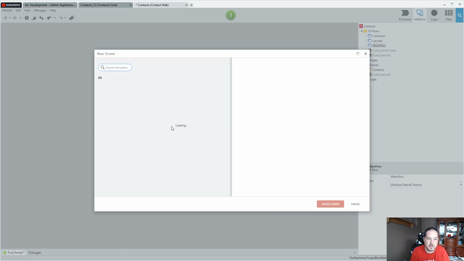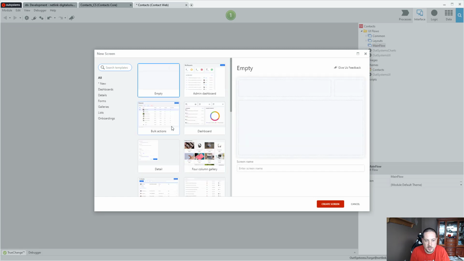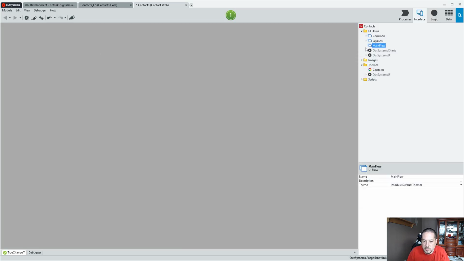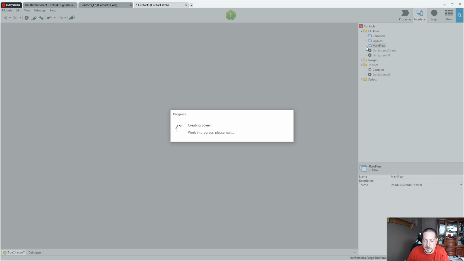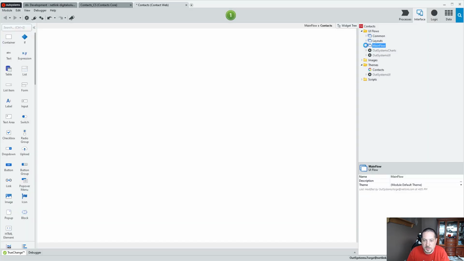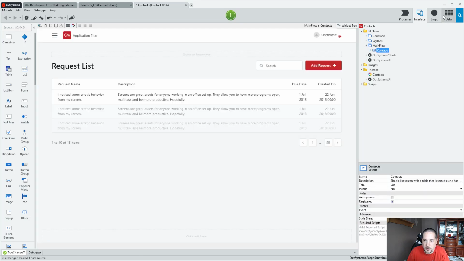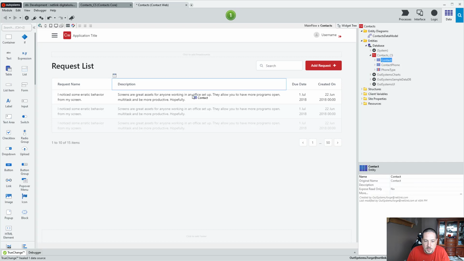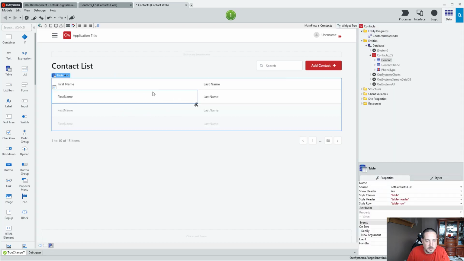OutSystems has a bunch of templates. They're already built out for us, so that way we don't have to do them on our own, though there's nothing that we couldn't have done manually. It's just a way of accelerating how we do development. And these can be themed and modified for our organization or however we want. So I'm going to replace this table with contact information,